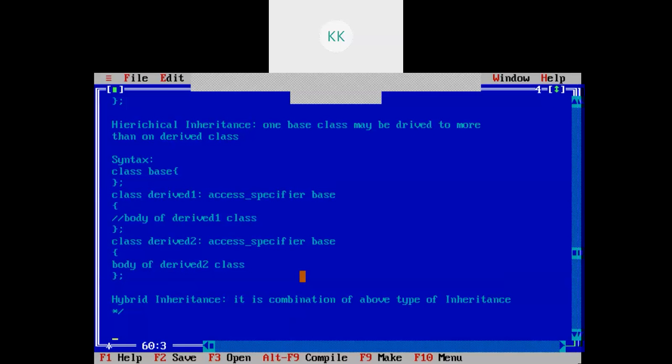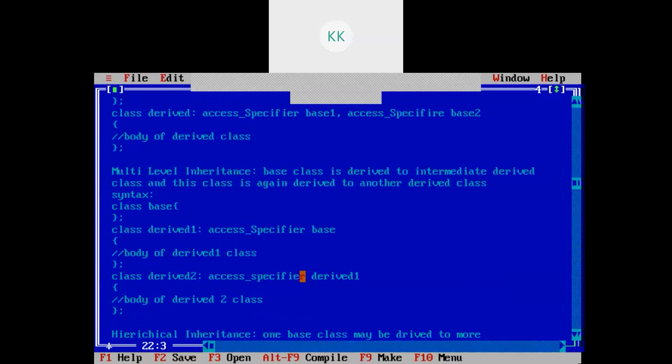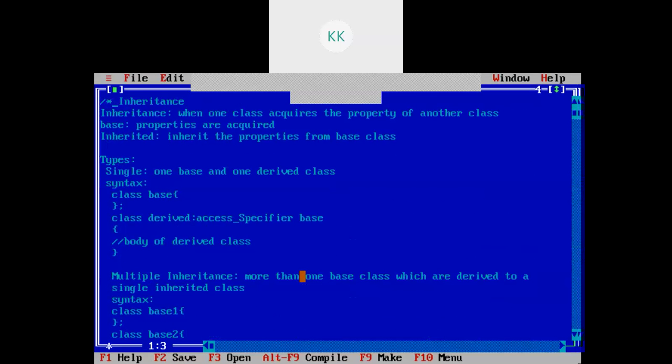I will now show you how you can write an actual program for inheritance. It is a very useful tool in object oriented programming. So what is the use of inheritance?